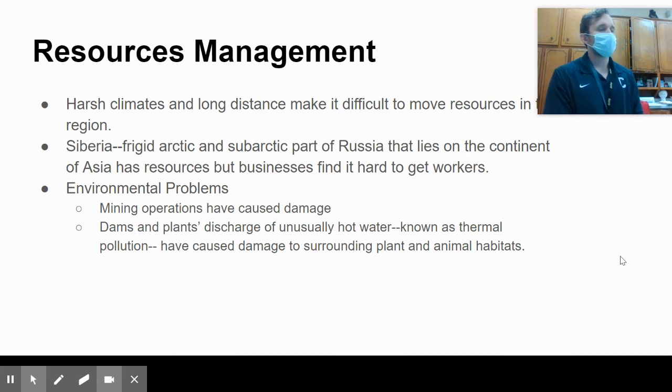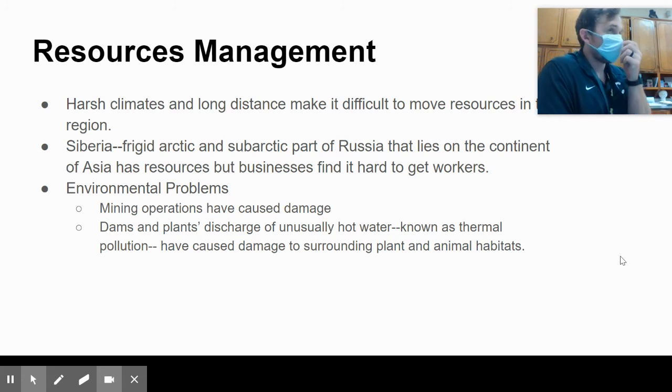And then another problem is that a lot of businesses here will exploit the resources and damage the environment. Mining operations have damaged the landscape of some areas. Drilling for oil and natural gas has also caused damage. Hydroelectric plants have caused thermal pollution, where they dump out unusually hot water, which can kill plant and animal life.